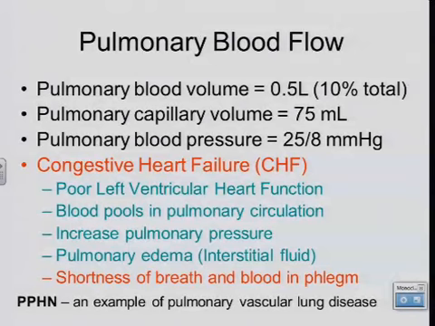through the lungs, and the lungs respond to that by constriction and also a hyperplasia of the vascular smooth muscle cells. So we get a thickening of the vessel walls, and we get a constriction because the lungs do not want that high blood flow during development. So therefore they try to limit that, but now when that baby's born and they need the blood flow through the lungs, it's already pre-constricted, it's got a hyperplasia of the smooth muscle cells, it's got a thickened wall, so it does not allow very good blood flow at birth. They treat this with some selective pulmonary vasodilators. One of those is sildenafil or even nitric oxide.